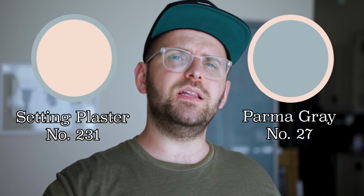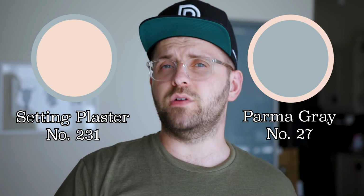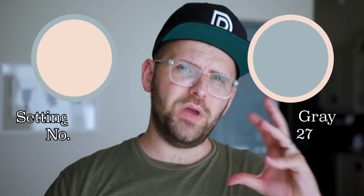This color pairing is going to be lighter in general, and Parma Gray reads a little more as a bluish gray that is still fairly clean in how it comes across. It's perhaps a bit darker than Setting Plaster, but not by much, which means these two are a little more interchangeable. While you might be tempted to go with the cooler gray as your main color on your walls, and then put Setting Plaster as your accent color, I would probably do the exact opposite actually. I think I would much rather utilize the peachy pinky color more,